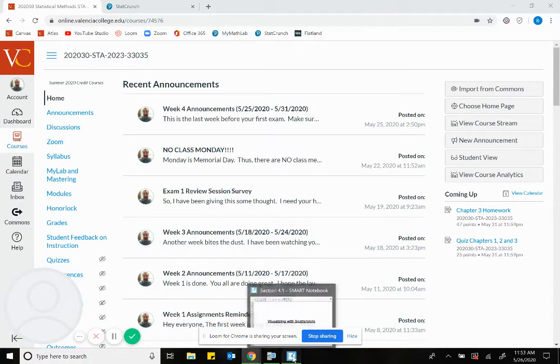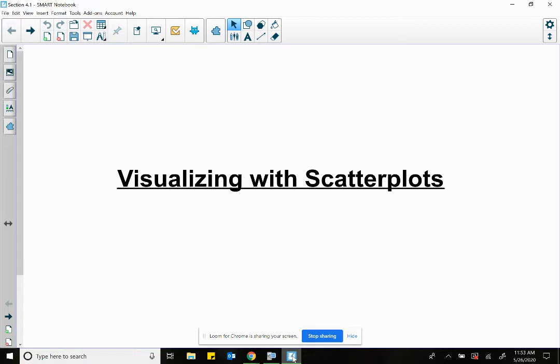Okay, so first things first, we have to talk about visualizing with scatter plots. We have to talk about scatter plots, do's and don'ts, and what we look for. So that's really what section 4.1 is all about. Let's get started. In this one, I'm going to show you how to do scatter plots on your calculator, and I will also show you how to do scatter plots in